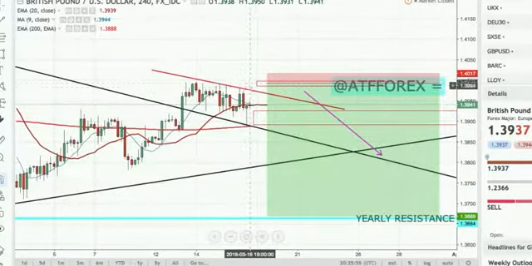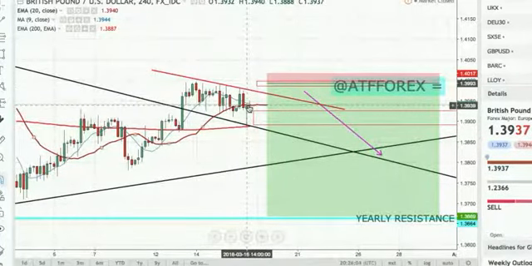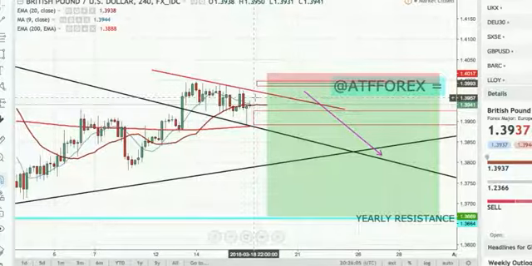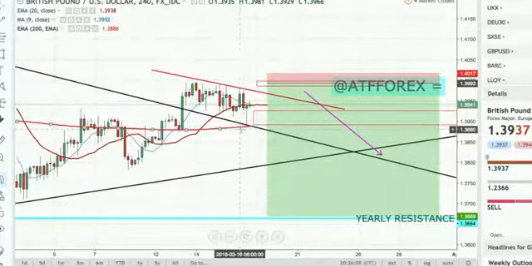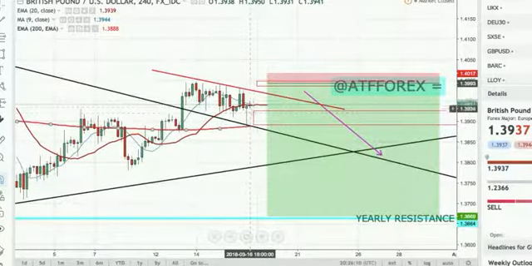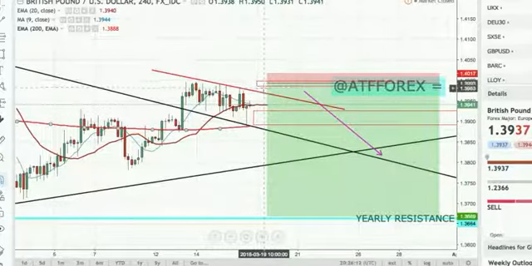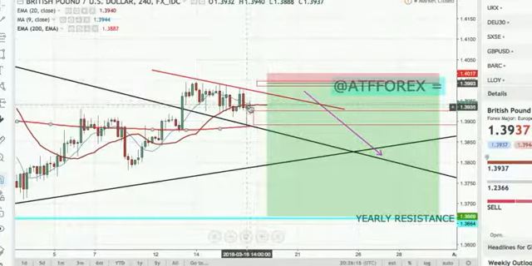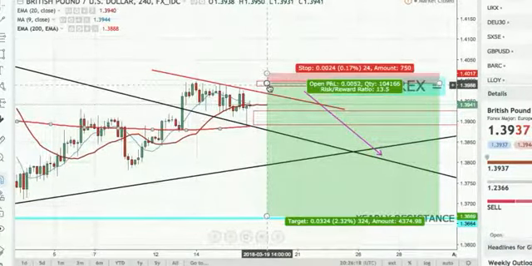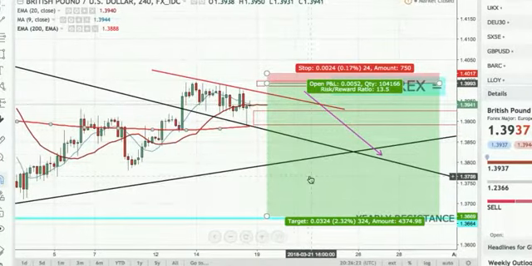Price is consolidating. We've closed just above this 20 EMA on the 4 hourly. We've obviously spiked through to the 200 EMA, so we will see some further upside for the short term, but I do not think that's going to last at all. I wouldn't be surprised if we spiked up for the final kiss of 1.40, and then we should be selling all the way down to